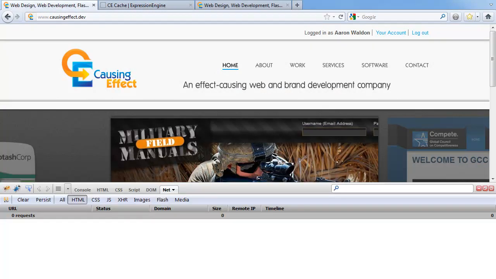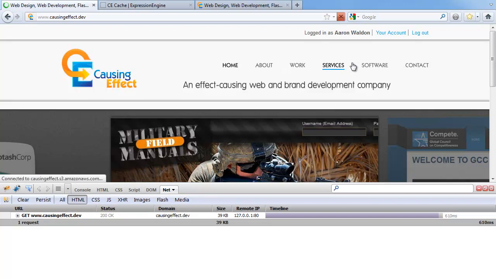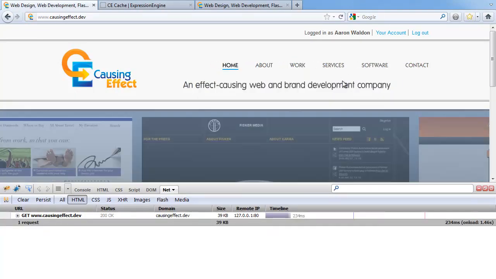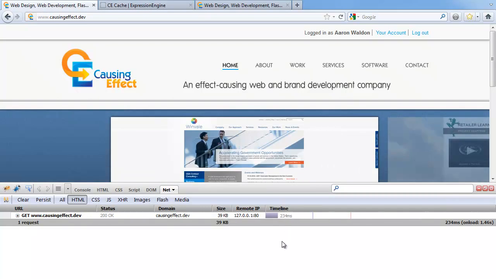We're going to pop open the Firebug debug console and refresh the page. So we can see that this page took 610 milliseconds to load. Now if we refresh the page, it's down to 234 milliseconds. So it's roughly 3 times faster, and it's loading in a quarter of a second here on my